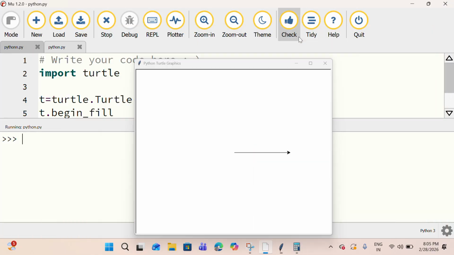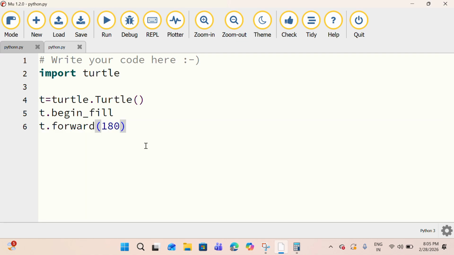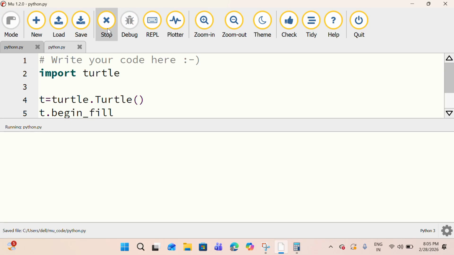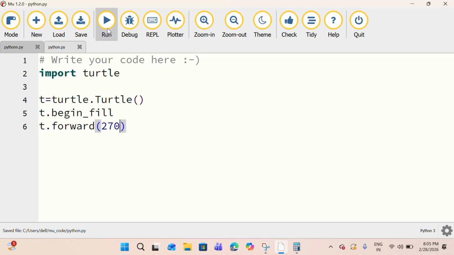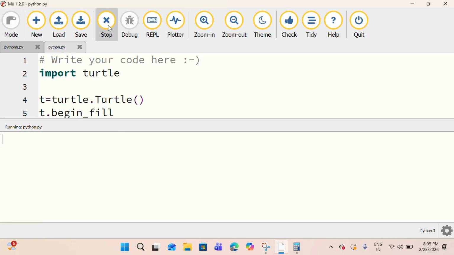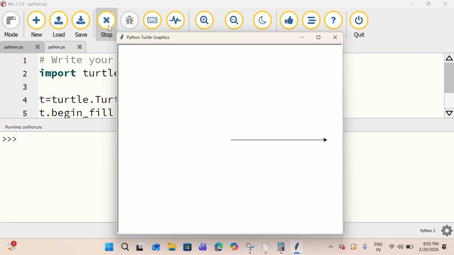So let's stop running and give it 270. I think that is the answer. Let's do it. So this is the perfect thing we need. So we'll just do the rest of the code.